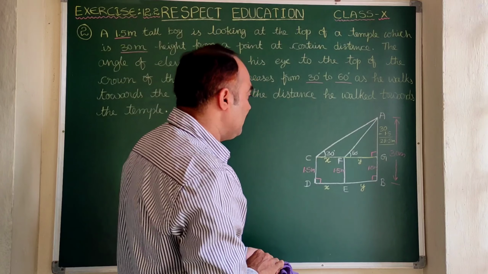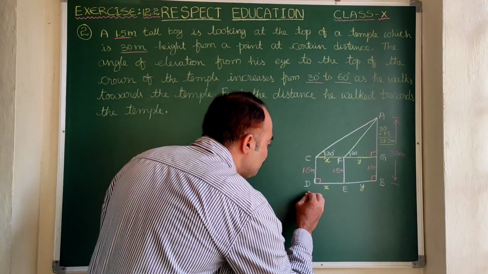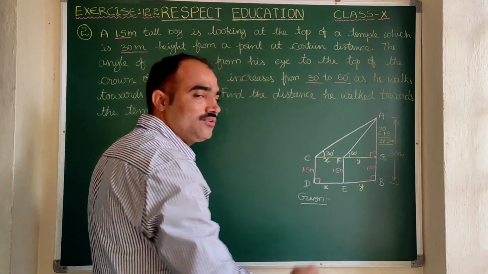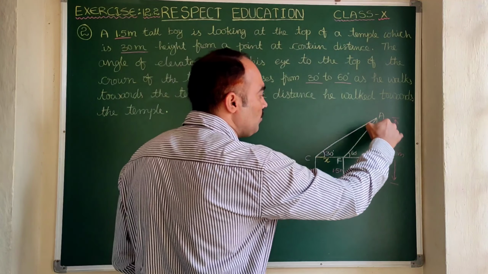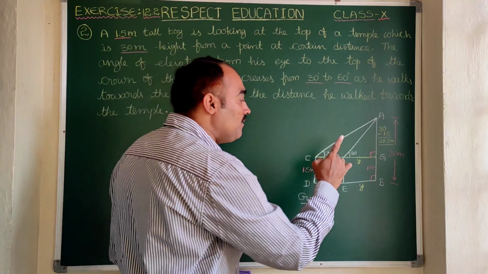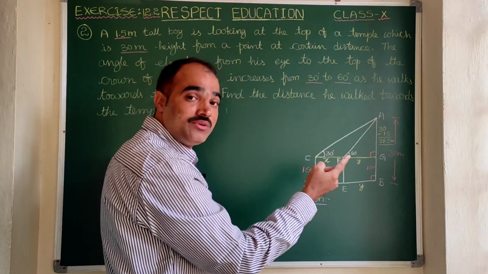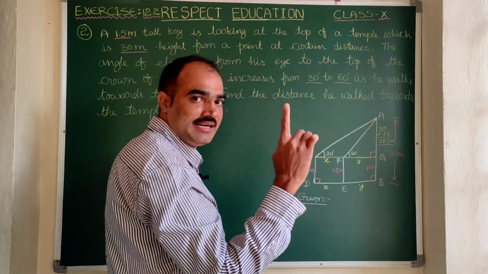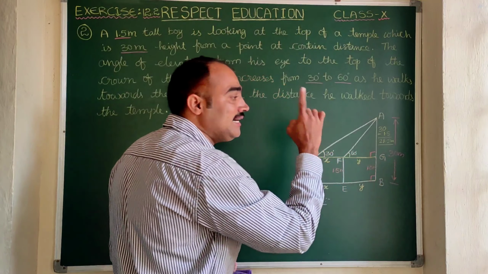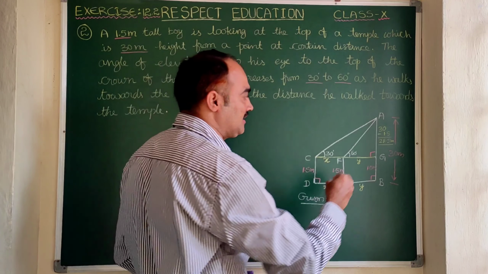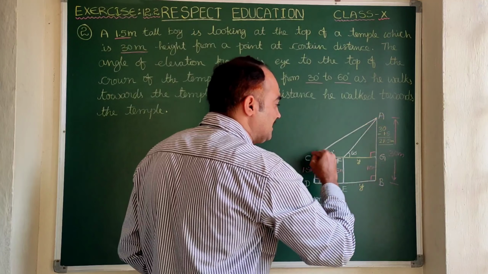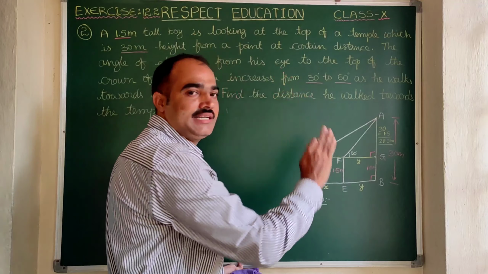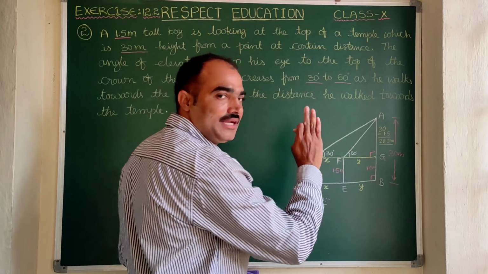Now here, let us write the given statement. Once again I would like to remind you that first we have to draw the suitable diagram. It is drawn. Now we have to separate the right angle triangles. Observe carefully. Triangle AGF is the first right angle triangle. Triangle AGC is the second right angle triangle. Next, we need to apply a suitable trigonometric ratio. For this problem also, tan theta is helpful.